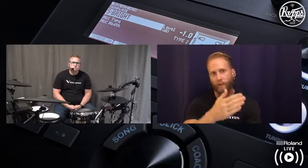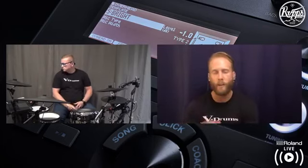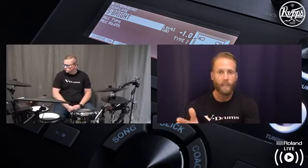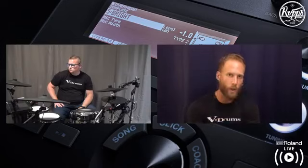One thing that the TD27 gives is the flexibility to send your kick, snare on separate channels. So on the back, I can probably bring up a screen, but on the back we have the two main outs, but we can go in and separate and send different instruments individually to 4 different outputs. So if you want to send your kick, snare, toms, and cymbals all on separate tracks to your front of house engineer, they can have control over the mix as well. So it's quite flexible, not just for the studio,